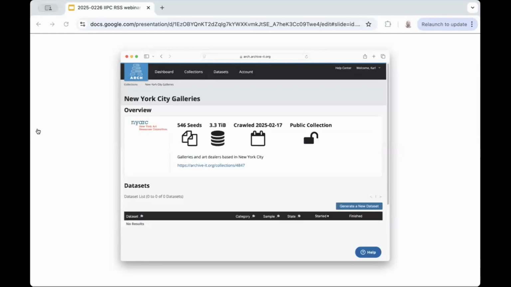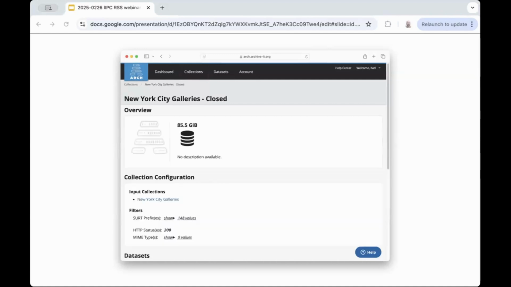This is what a typical Archive-It collection appears like in Arch, for instance. This is not conceived really as any kind of access system for the collection, so there isn't a lot of tooling here for exploring the collection like one might do on the public side of the web. Rather, we just provide a short summary at the top of what's in the box in terms of documents and data volume and how current, I suppose, it is. And then a link out, if one exists, to where you can see the public version where an end user might. But mostly this is a way to access the existing data sets that we've created from this collection or to create a new one on demand.